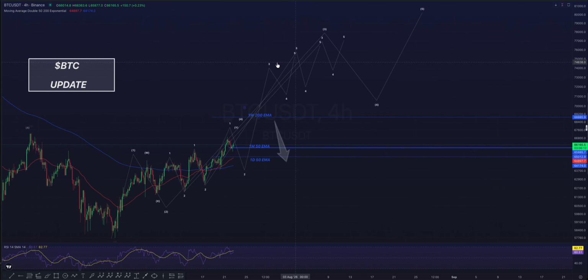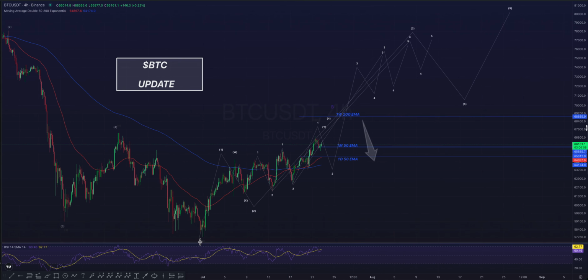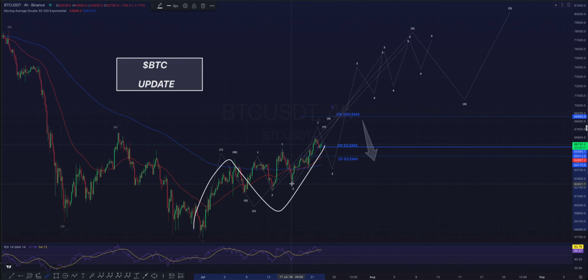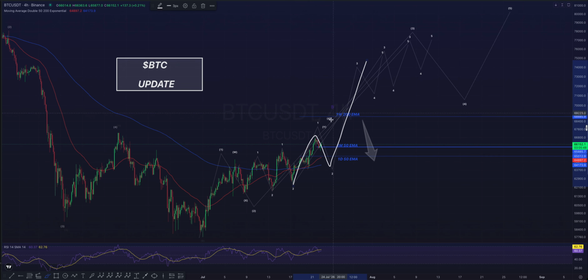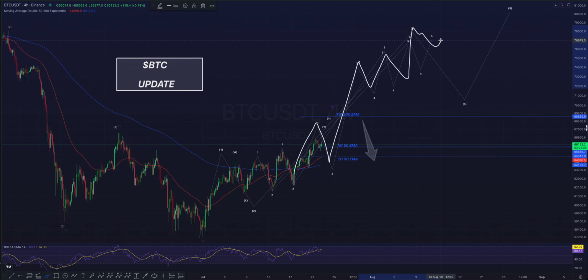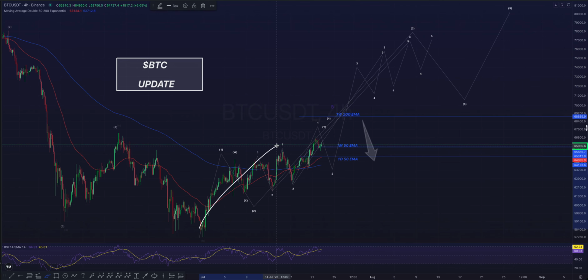So what would need to happen next, and how do you tell them apart? How do you tell apart this still being a corrective wave or this possibly becoming this? Well, it's the speed, the speed of this first 1, 2, wave 3. This wave 3 has to accelerate. If not, if this still grinds up slowly, then this is not a nested wave. What we need to see is speed in wave 3 that finishes in 4-5 and then in all the other 4-5s. If not, then this is still some kind of a WXY.